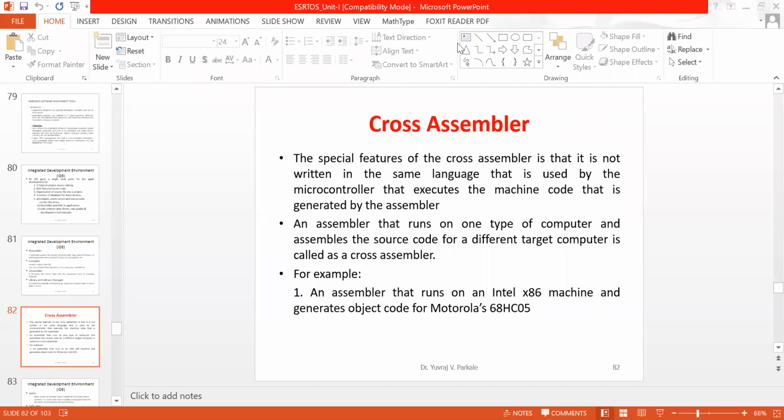So what is cross assembler? Just see, I have written a code. I will again try to make you understand: I have written a code on my machine, which uses the 8051 platform. Now I have to use the same code on another machine, and that machine is going to use only the PIC microcontroller. So how to make my code